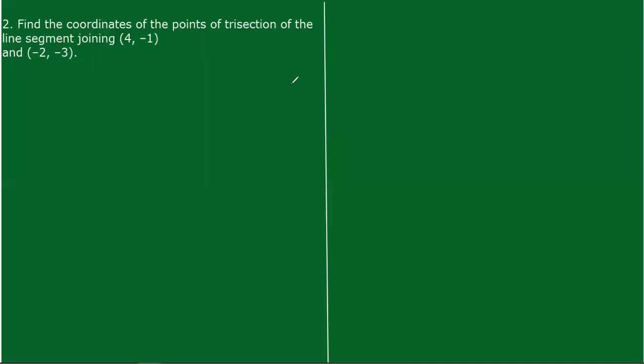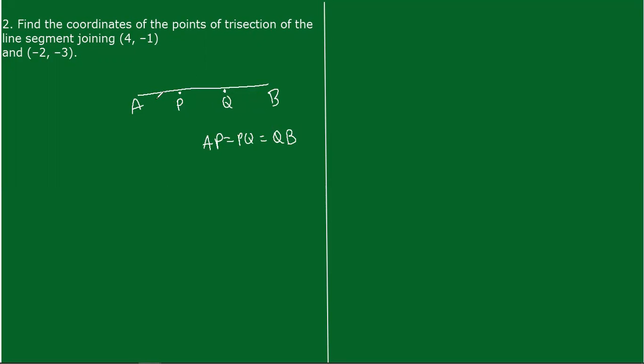Trisection is nothing but, if we have a line segment, for example line segment AB, there are two other points dividing the line segment AB into three equal parts. Three equal parts means the distance between AP, PQ, QB is equal. So here we can write AP equal, PQ equal, and QB. So this is trisection: the two points divide the line segment into three equal parts, right?